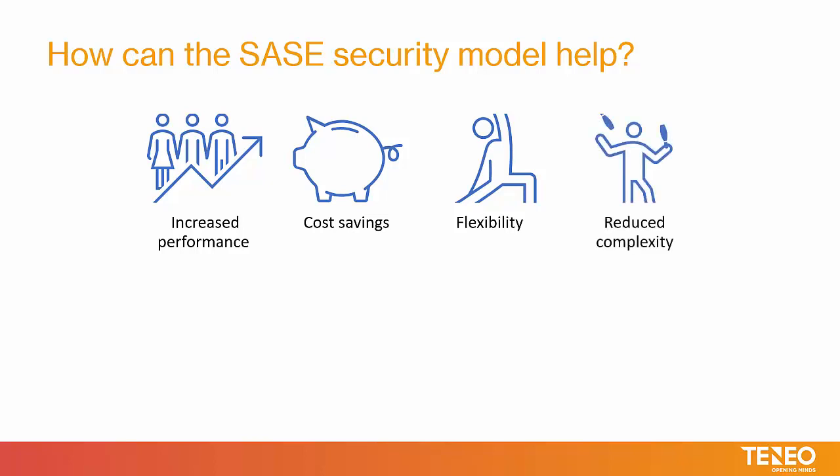Number 4, reduced complexity. You can simplify your IT infrastructure by minimizing the number of security products your IT team has to manage, update, and maintain, all while consolidating your security stack into a cloud-based network security service model. Number 5, threat prevention. With full content inspection integrated into a SASE solution, you benefit from more security and visibility